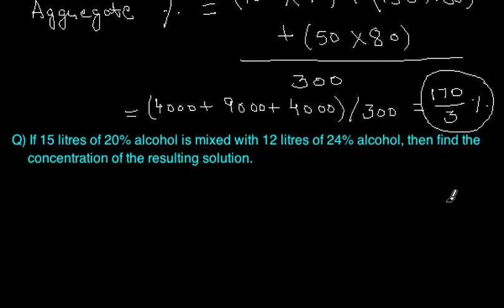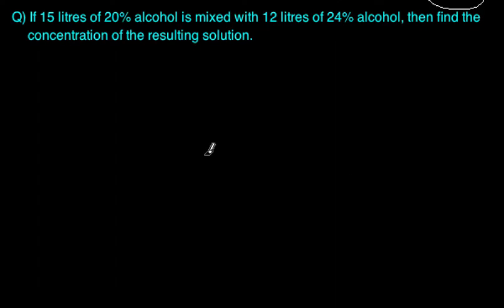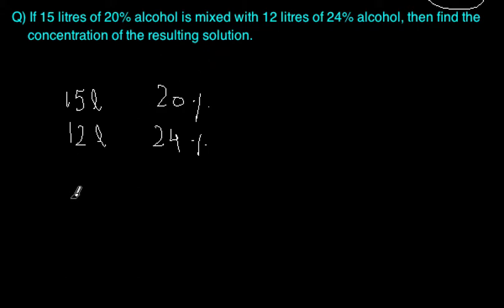Now we'll be looking at another simple problem from the mixtures topic. We'll again be using the concept of weighted average to solve this. Here we have been given 15 liters of 20% alcohol, which is mixed with 12 liters of 24% alcohol. Find the concentration of the resulting solution. So the resultant percentage concentration would be